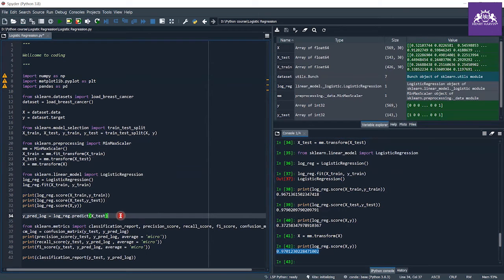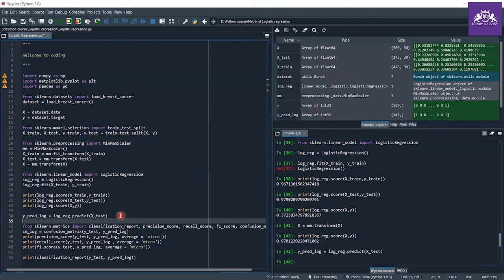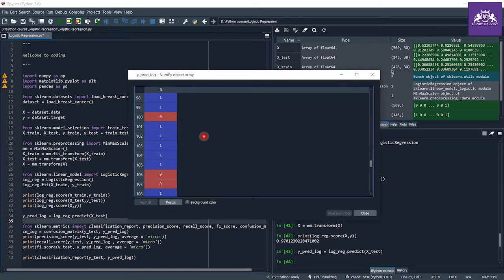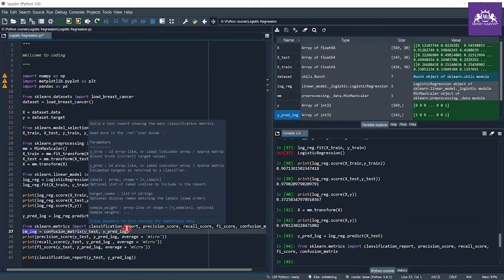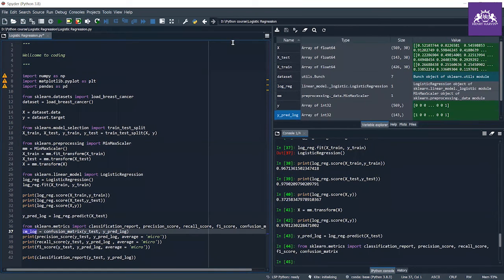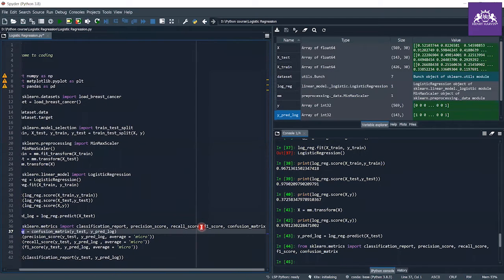Now let me do some prediction for the test set, and as you can see I get my prediction in pred log, with values 0 and 1. Now let me import some metrics like classification report, precision score, f1 score, recall score, and confusion matrix.